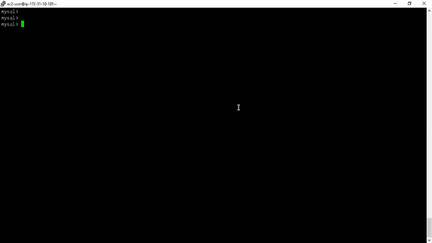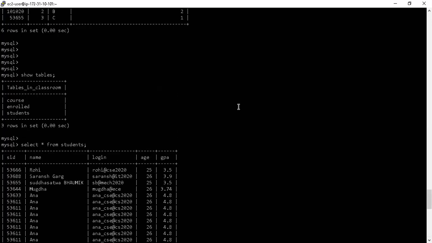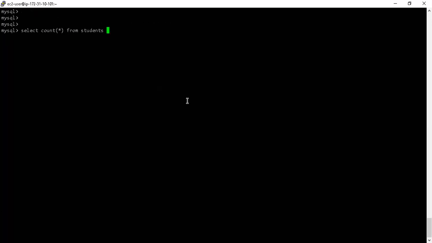So what I can do is select count of records from students where the column giving me the login information, login, like CS, and I get the count which is equal to 20.